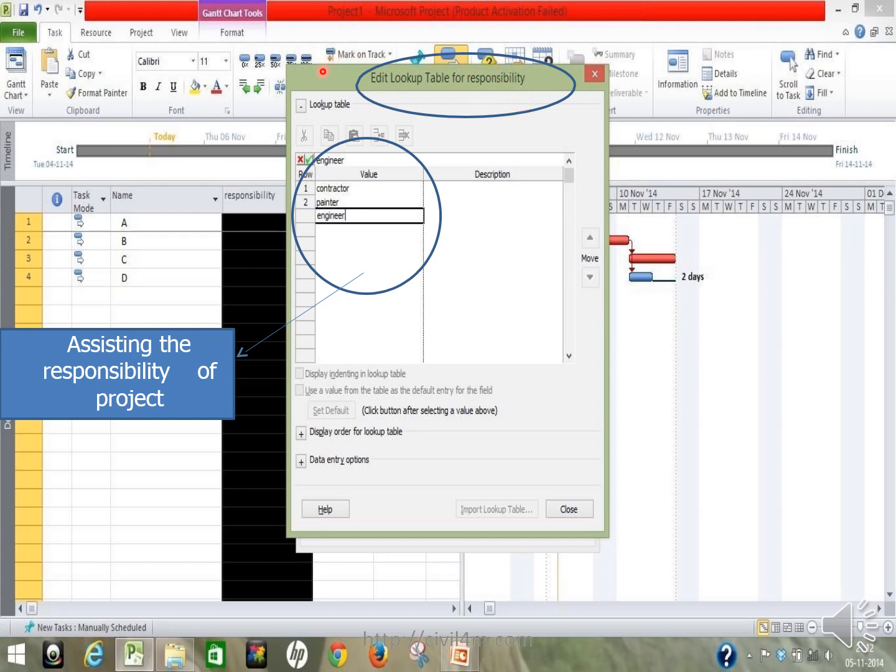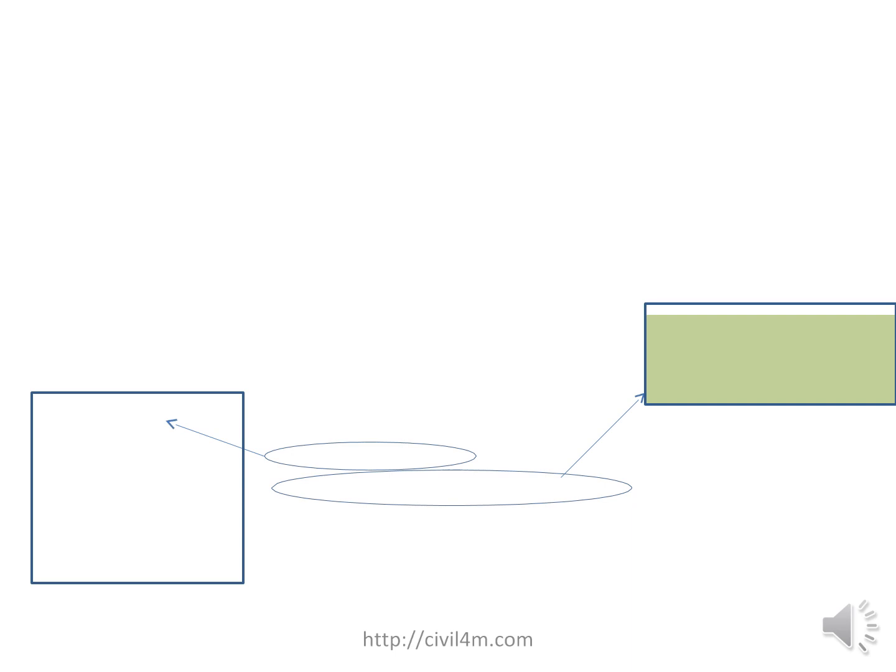Here you can see edit lookup table for responsibility. Once you go to the edit table, you will find an engineer. You can add whatever things like a carpenter, fitter, welder, etc., which has been very clear here.